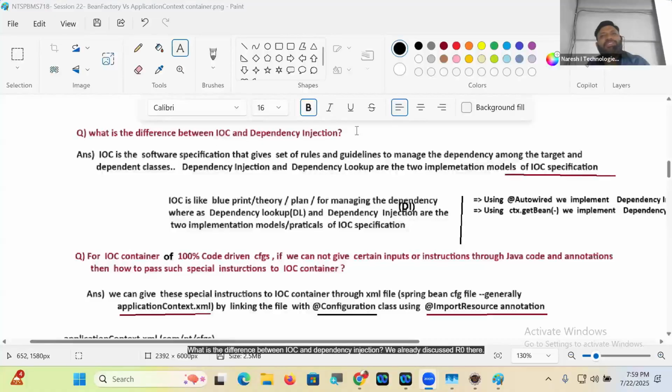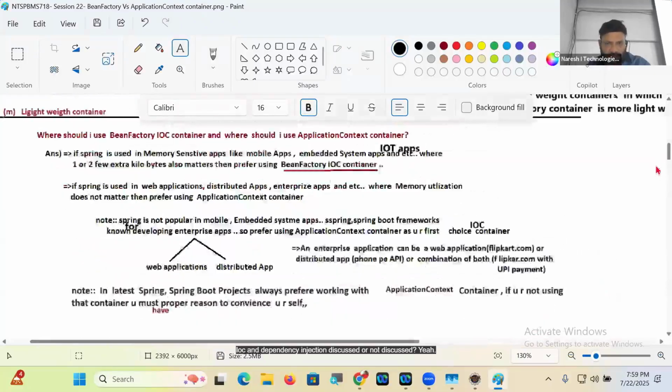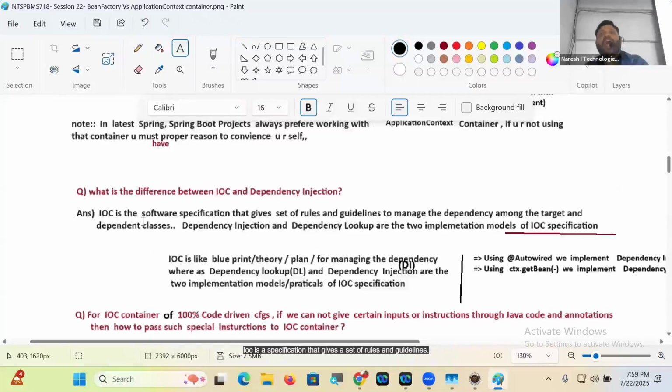What is the difference between IOC and dependency injection? We already discussed or not? IOC and dependency injection, discussed or not discussed? Yeah. IOC is a specification that gives a set of rules and guidelines to arrange and manage dependency among the Spring Beans, guys. How many ways are there to implement it, guys? There are 2 ways to implement it. Number one,